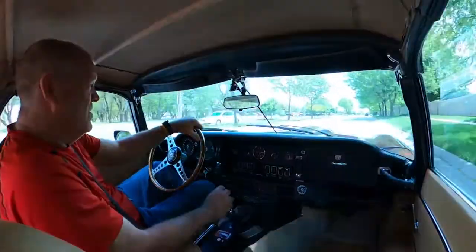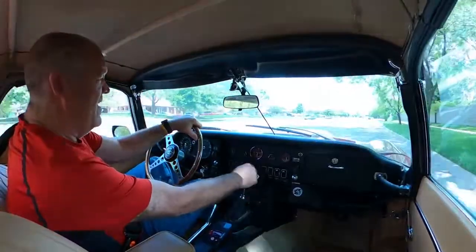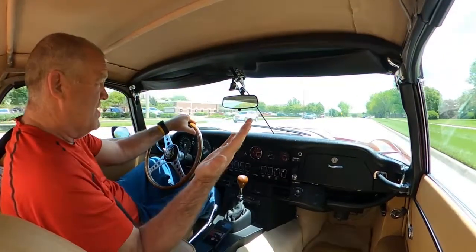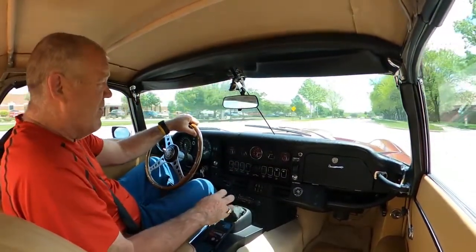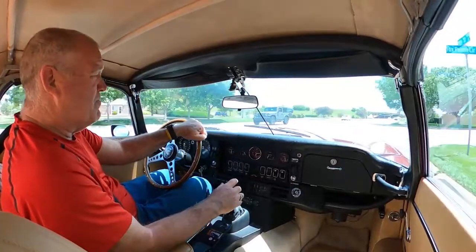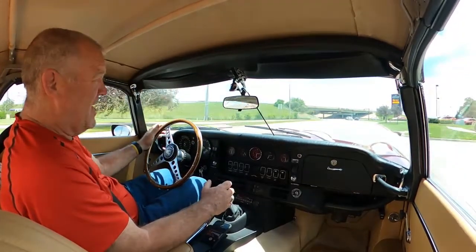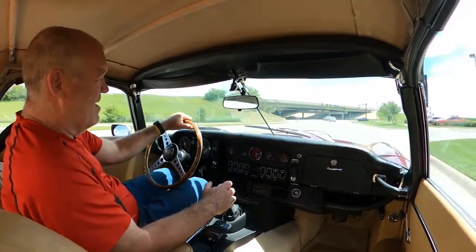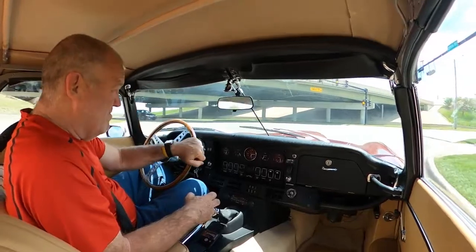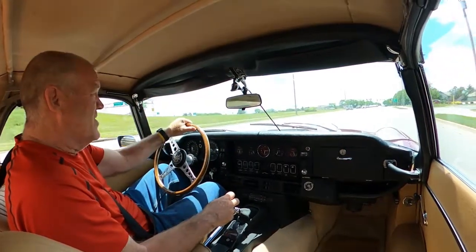And the Series 2 ran until '71. And then they phased during that year into the Series 3 car, which this is a Series 3 car. And the Series 3 car ran until '74. It was replaced by the XJS, and if I'm not mistaken, the XJS didn't come out immediately. It came out maybe as a '76 or '77 model, and so a lot of mixed emotion on that. People really like the XKE,